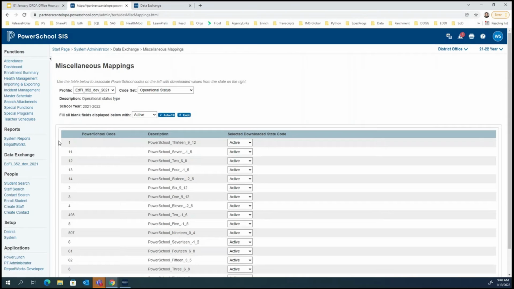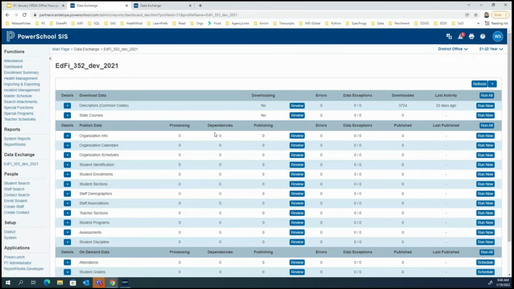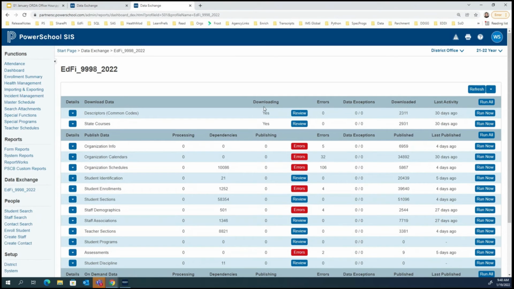I don't think so. There's a question if the code set mapping will carry over to a new profile, and I don't think we've gotten a firm answer on that and haven't tested it out yet. So that one's a question mark, Buster, and we'll figure it out. Yeah, that is a really good question. We'll make sure that we get clarity on that one. Okay, great. So I'm going to come back over here.